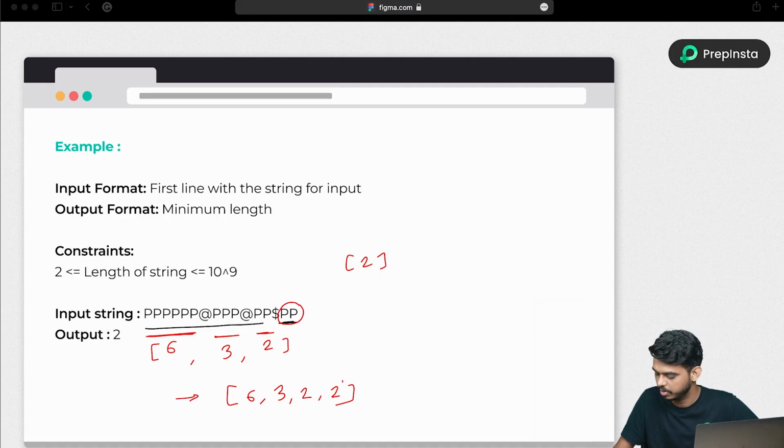So we have the number as 2. The minimum length out of this, we have 2, right? So it can be this or that. That's what the output is showing here as a 2. If you change the string to something else and give that input, you will get a different output as well. So basically what we have to do is, before looking at the solution,